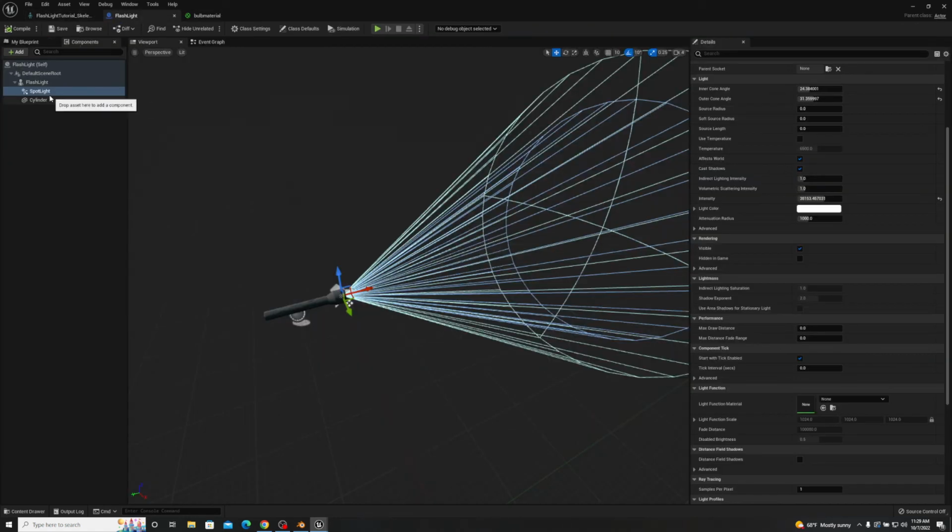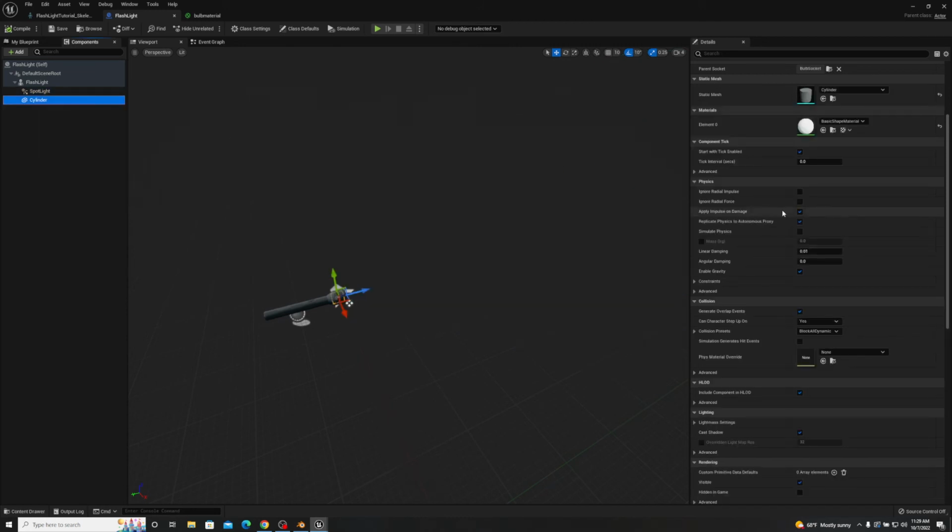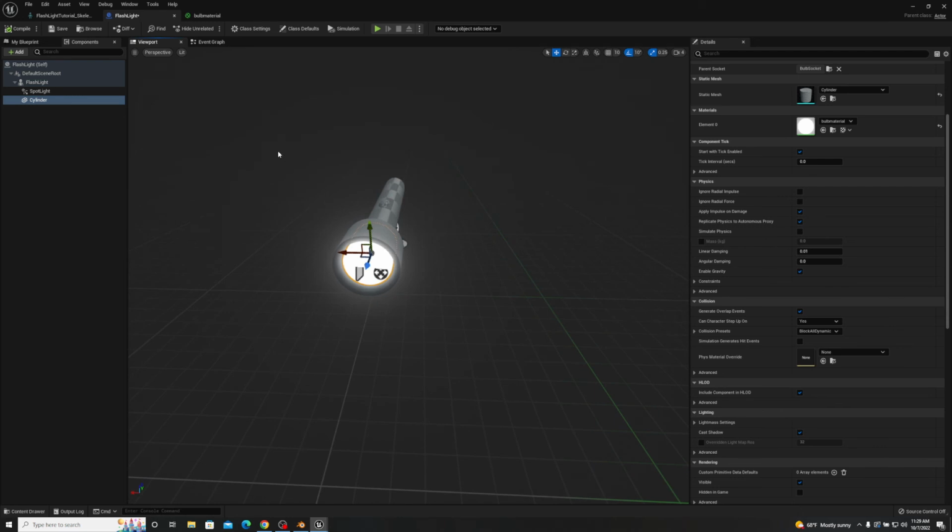Alright, so now we're going to go back to our flashlight, go to our cylinder that we placed within the flashlight, and go to the materials tab. And now we'll see this bulb material. We'll just select that. And now you'll see it kind of has an emission, like it has a light bulb in there. So if we compile, save, minimize,